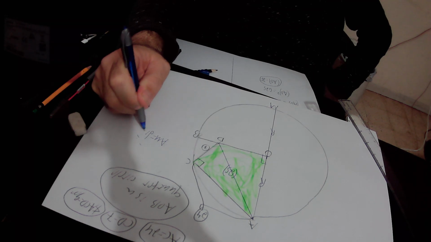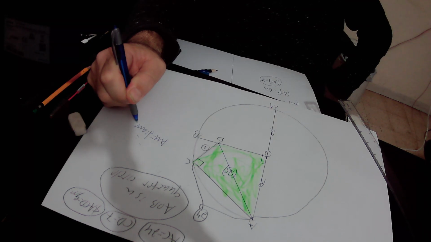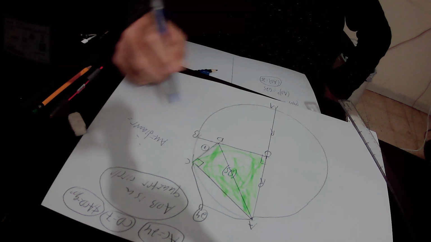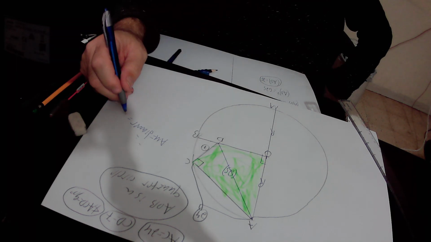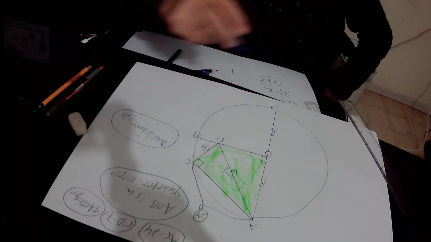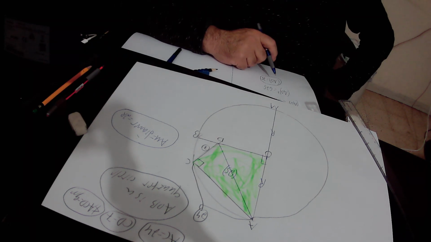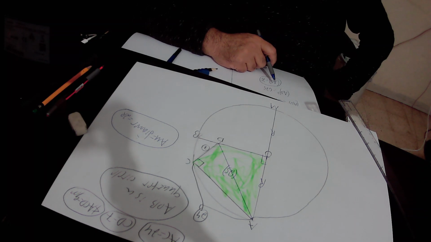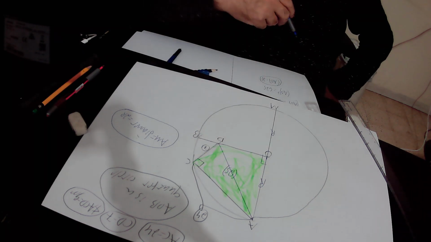It equals R plus R, that is 2R. Indeed, the diameter of a circle equals 2 times the radius. So if I know that AM is the diameter of this circle,